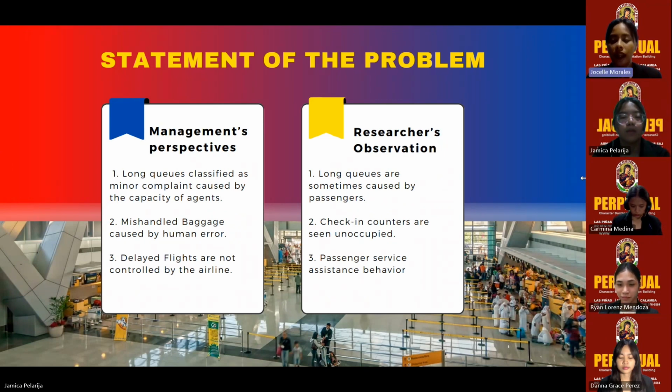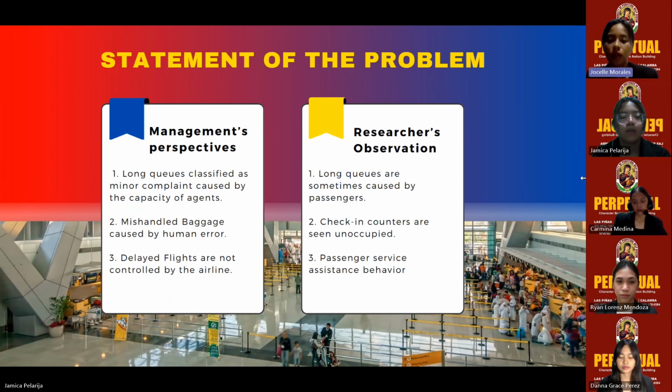Third is a complaint that every airline is getting, especially Philippine Airlines. According to Sir George, delayed flights are a recurring problem in Manila because they only have two runways with one not being operated. Technically, it was the problem of the authorities, not the airline, since they are only following the takeoff clearance with given permission of the air control. There are times that it was because of things we can't control, such as natural occurrences like weather. The researchers' observation relied mostly on what they observed during the tour.